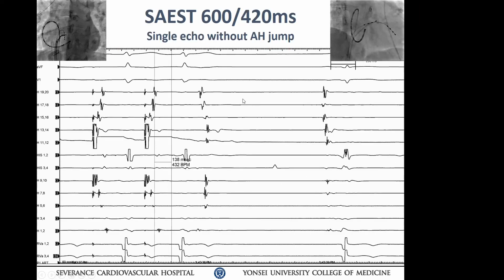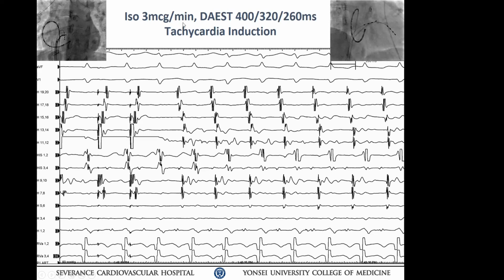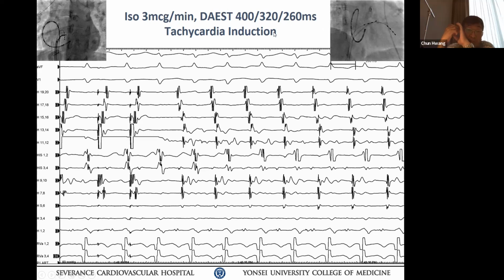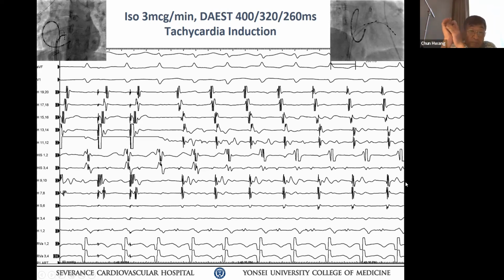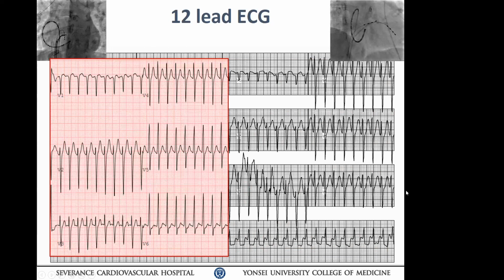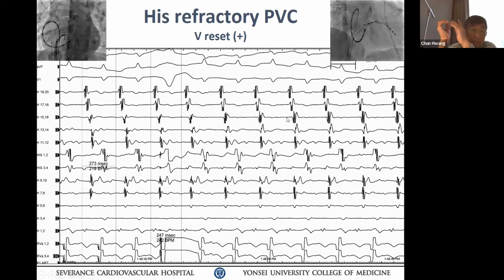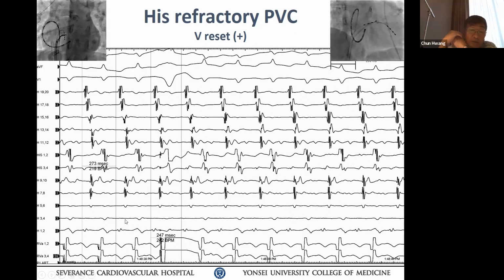싱글A 스터디도 진행했었고 600에 420ms부터 점프 없이 싱글 에코 빛이 그래도 패트웨이. 더 내려가도 이제 타키카디아가 인덕션 되지 않고 더블 아이소프로테인으로 달고 더블 ATR 익스트라 스티뮬레이션을 이제 하던 중에 타키카디아가 인덕션이 됐었고 마찬가지로 처음 도큐멘트된 타키카디아와 동일한 것을 확인했었습니다. 오케이. 타키카디아 중에 익스트라 스티뮬레이션을 중에서 VD셋이 근데 거기 그 지금 보시면은